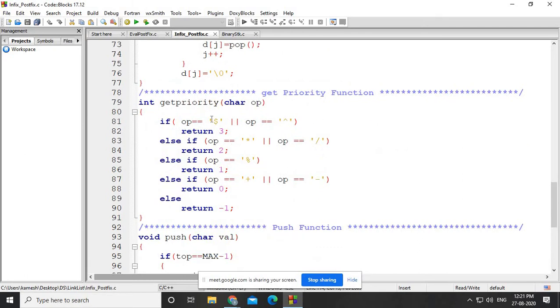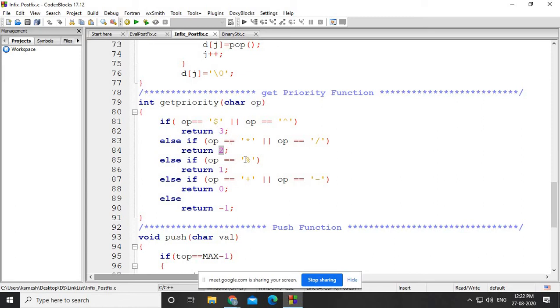So let's suppose if the user is entering a dollar or caret kind of thing, that has the highest priority, so the function will return 3. If the user is entering an operator, and that operator belongs to star and divide, in that case the function will return 2, because star and divide will have a lesser priority than the dollar.